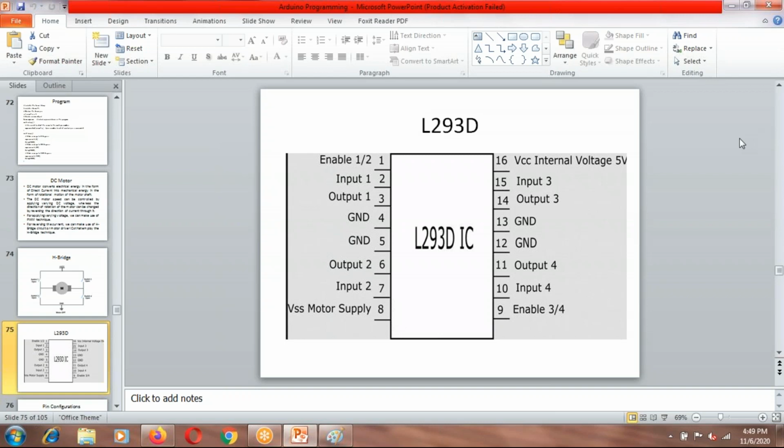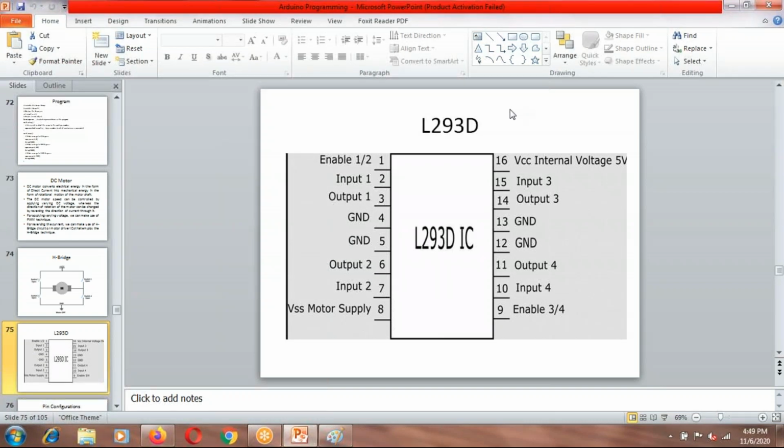Because of the different current and voltage requirements of the motor, which our microcontroller by itself is not able to provide, we have to use this device in between. Is that clear to everyone?